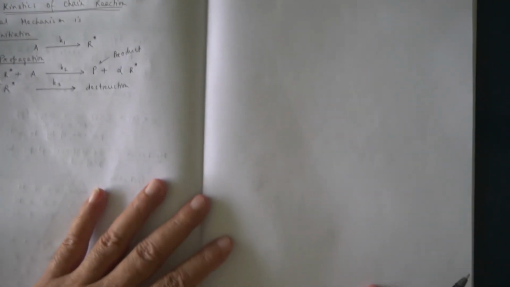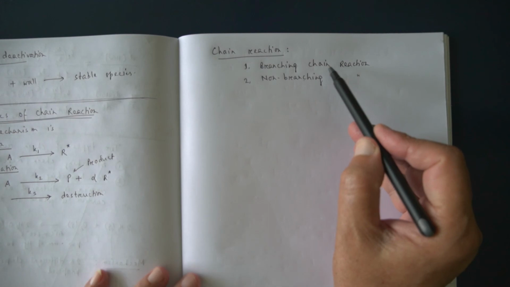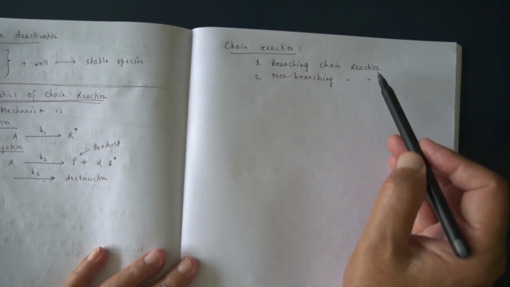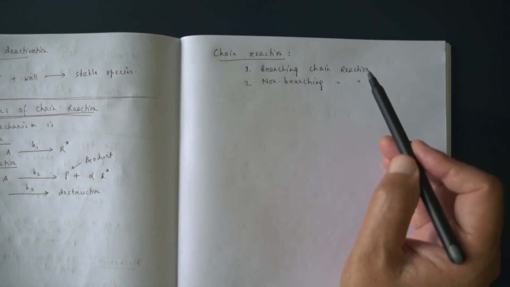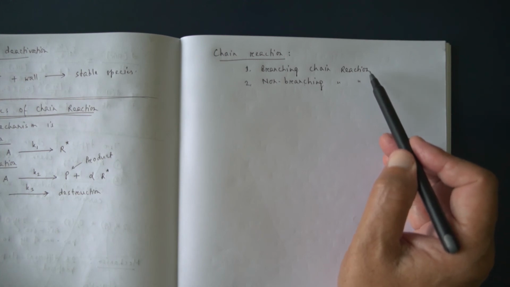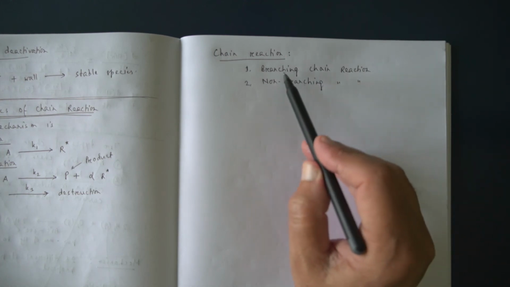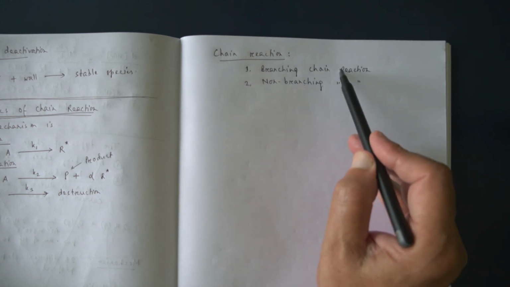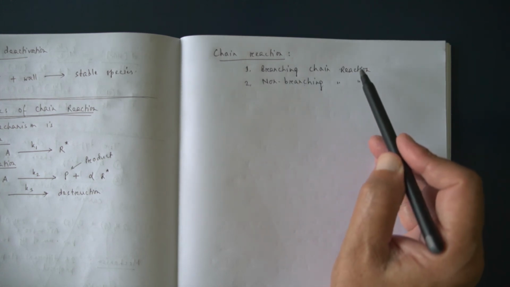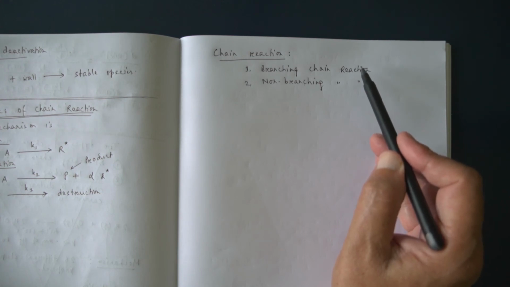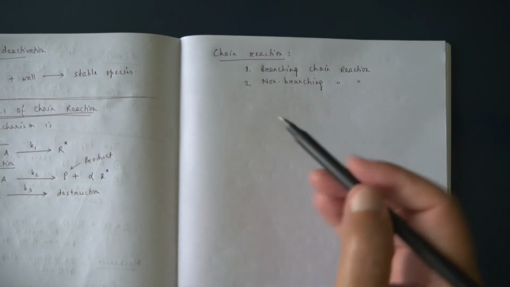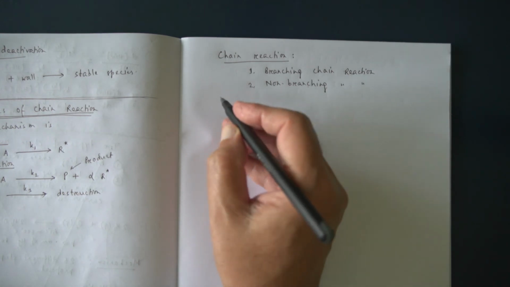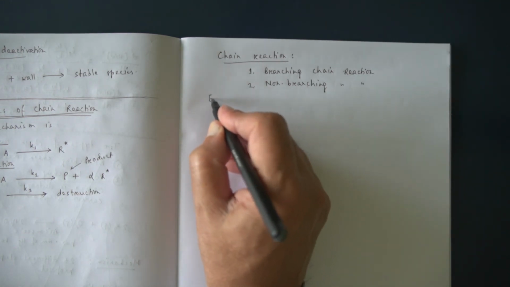Now, what is branching chain reaction? In case of branching chain reaction, one chain carrier is destroyed and more than one chain carrier is formed in the propagation step. I repeat, one chain carrier is destroyed and more than one chain carrier is formed in the propagation step. That is called branching chain reaction. An example of branching chain reaction